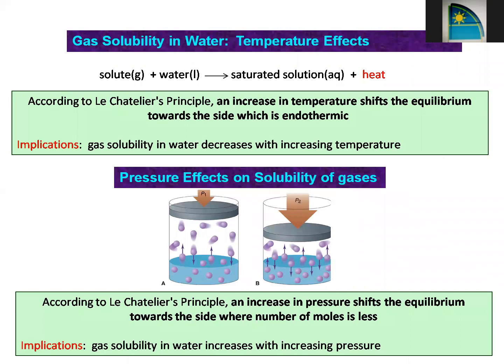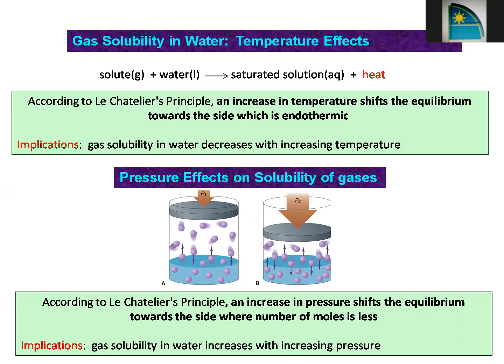Next is, as I've already discussed, we can have any physical state of solute and any physical state of the solvent. Let us discuss the case of if any gas is soluble in water or any given aqueous solution, then what will be the effect of temperature on the solubility of the gas. Now, for that answer, we have to think about Le Chatelier's principle, which states that whenever there is an equilibrium and we increase the temperature, the equilibria always shift in the direction which is endothermic by nature.